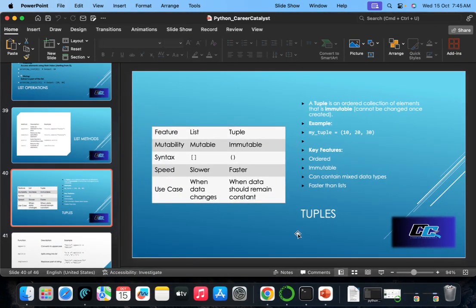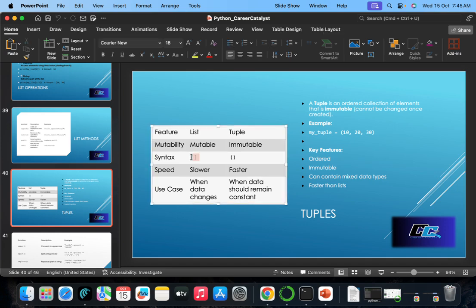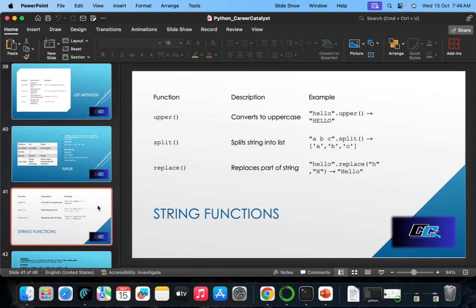And the main difference between the tuple and the list is that we write the syntax for a list with square brackets, and for a tuple we give curved brackets. If I write the same list but give square brackets for a tuple, then it is taken as a list only, because I'm giving square brackets. Tuples are immutable, meaning we cannot change them once we have written them. And we can use them with different types of data. That is nothing but a tuple. Okay,